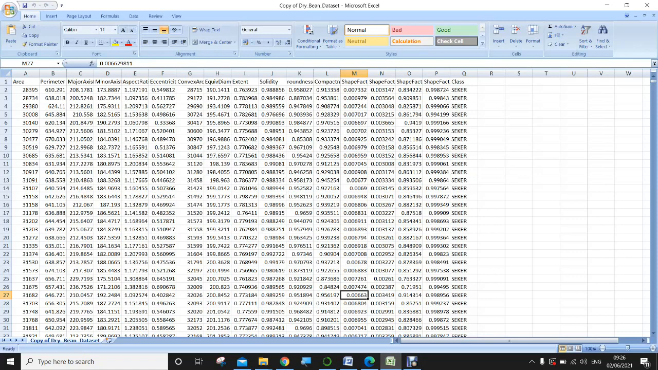Like I mentioned earlier, I'm working on the dry beans data set, which is gotten from a popular open machine learning repository called UCI. So this is a copy of the data set. It has 17 attributes,